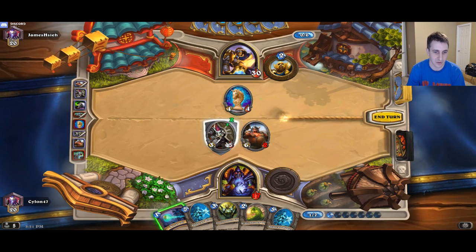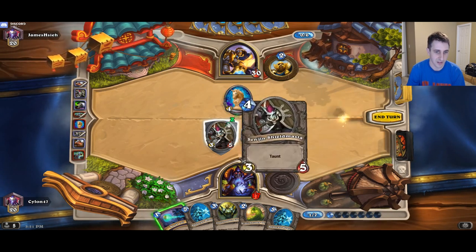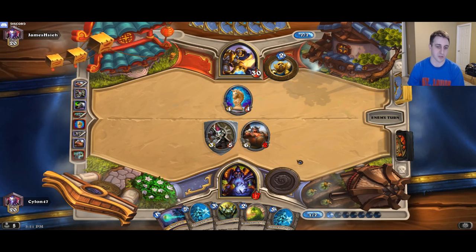So he's either got to use Consecration, which will do 2 damage and then allow him to kill this, and that would leave it with 1. But we know if it leaves it with 1, I can Mortal Coil this and get some card draw. So remember,